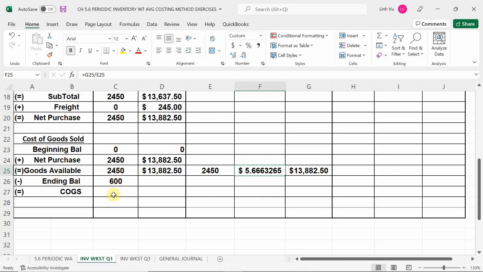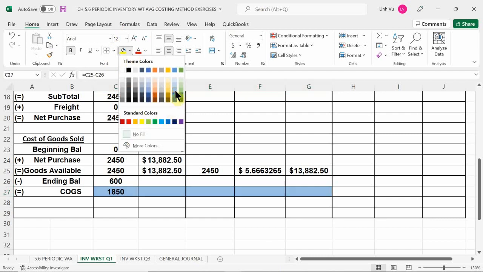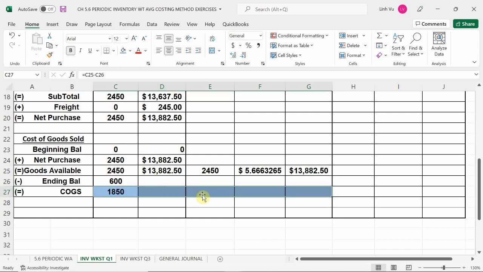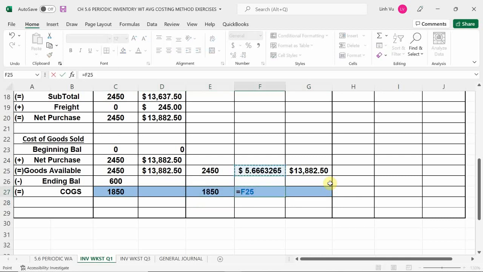So in this case, if I had a total of 2,450 units, and I have 600 left on hand, my assumption is I must have sold how many units? 1850. You must have sold 1850. So once again, 1850, I can now solve for how much it's going to cost, what my total cost of goods sold is. Because I have my quantity of 1850 and I know what my cost is. It's going to cost me